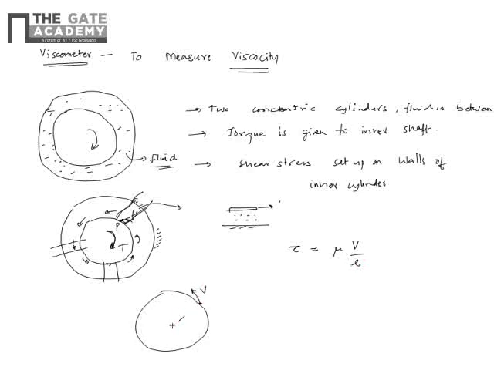Now if I know the dimensions of the inner cylinder and something is moving, say with omega, then the velocity at a point on the surface of that shaft, I can write V is equal to R omega. This is from dynamics. And omega is again related to your revolutions per minute: n is revolutions per minute, divided by 60 becomes revolutions per second, into 2 pi will give you the radians per second, which is omega. So this is the shear stress that is set up on the wall.